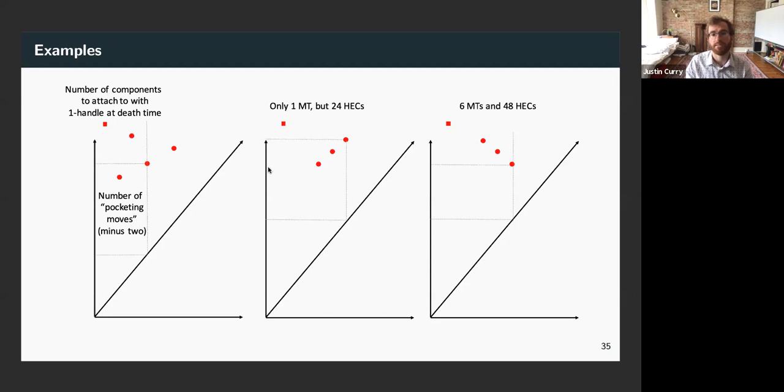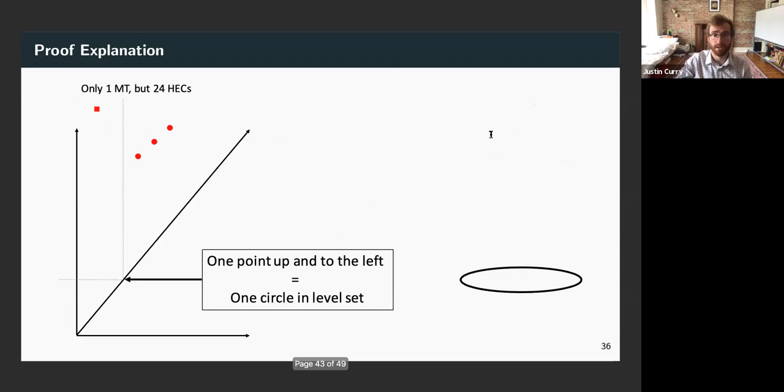This sort of corresponds to the fact that this number plus 2 plus 3 plus 4 ends up giving us 4 factorial. Similarly, if I want to maximize the number of merge trees, that actually minimizes the number of height equivalence classes per merge tree. And just to give you a quick sort of proof intuition for why this is true, one